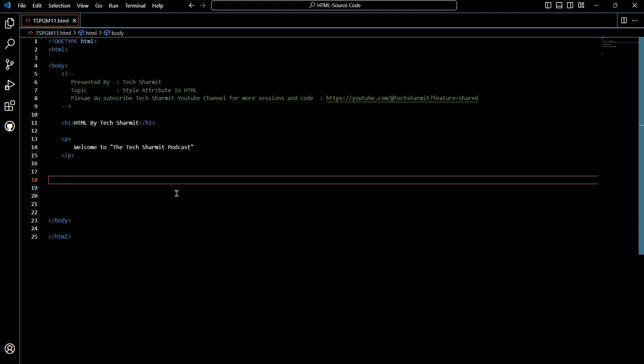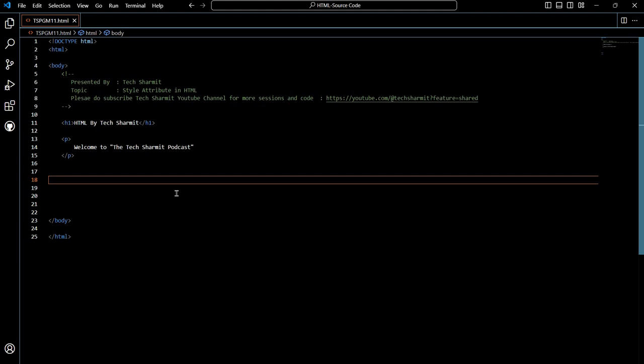In this session, we will discuss another topic related to HTML, where we will see how we can utilize the style attribute. If you remember, in the previous session we also discussed some attribute properties related to style. So this session is a continuation of the same, where we will cover three more properties for the style attribute. One by one, we will explore each and every property. We'll try to understand how we can utilize it, what the syntax is, and what the conditions are where we can